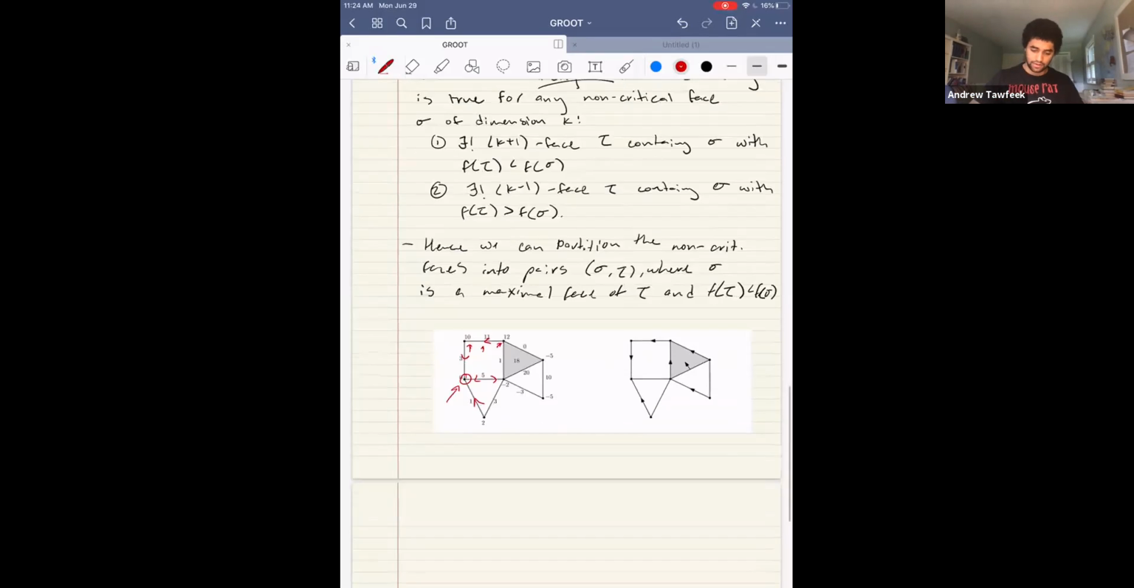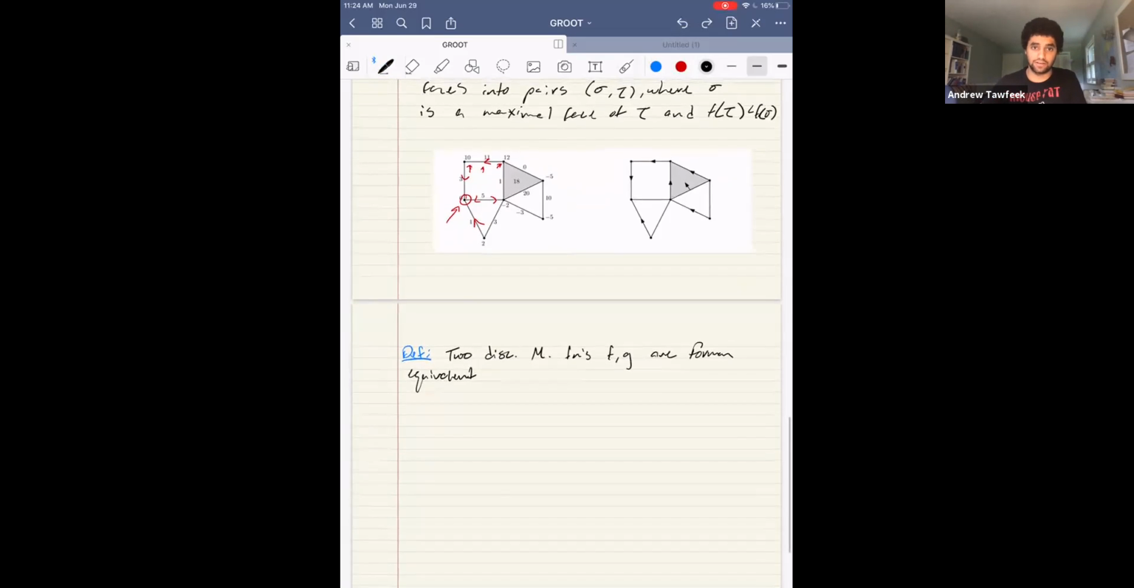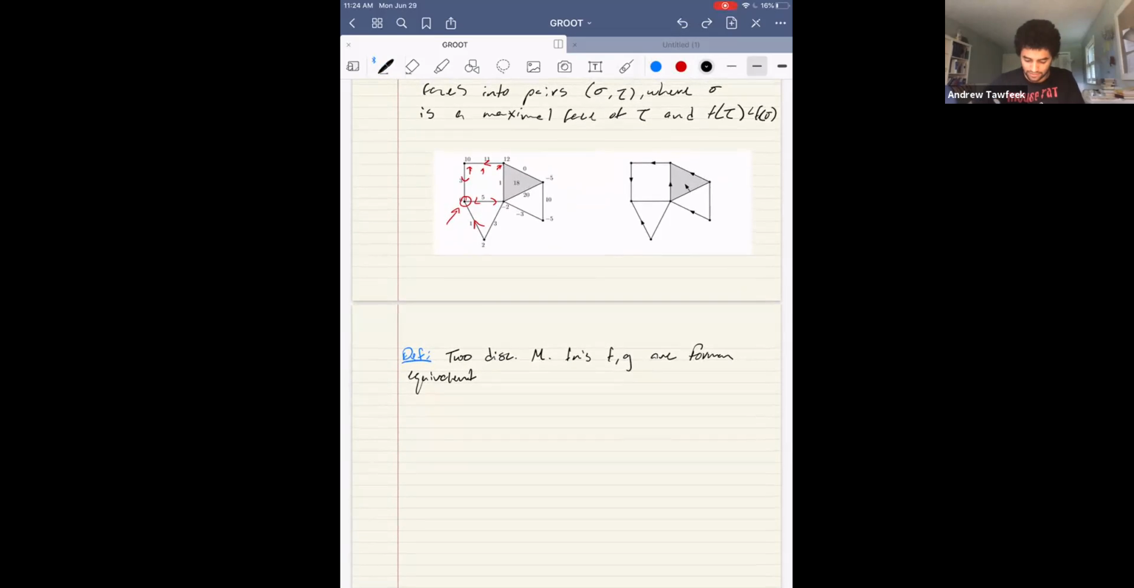All right, so how does this tie into Forman equivalence relations? Forman equivalence. So, two discrete Morse functions f and g are Forman equivalent if and only if, okay, so I guess I'll give you actually the definition of Forman equivalence classes and not just say, oh yeah, they're equivalent to this thing. If for every pair of simplices,